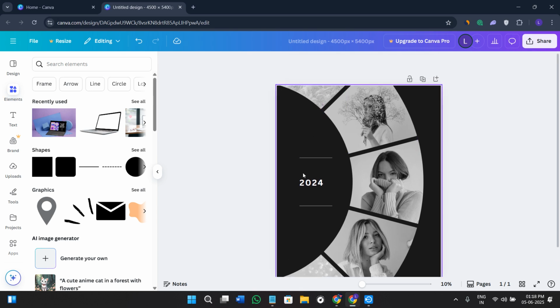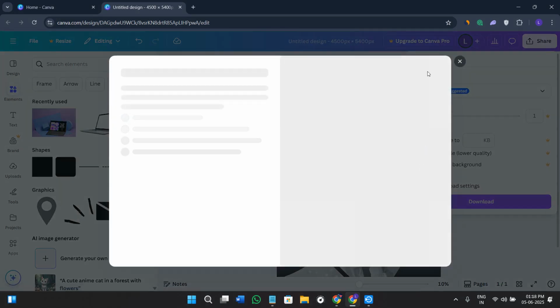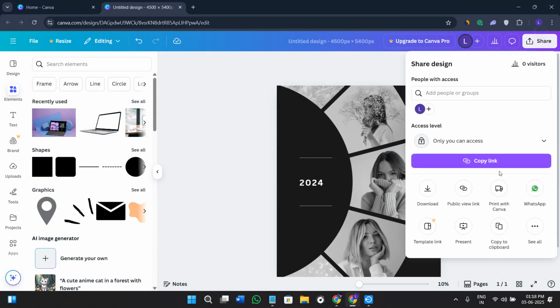So when you are done with adding your designs into the canvas, you will have to just click on the share option in the top right hand corner of the screen, then click on download. Over here the default format will be PNG, so you will have to keep it as it is. The only setting that you need to do is to simply select this one, that is transparent background, but this